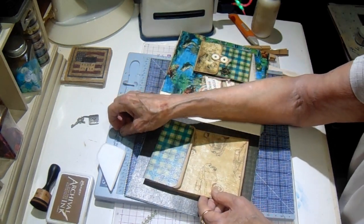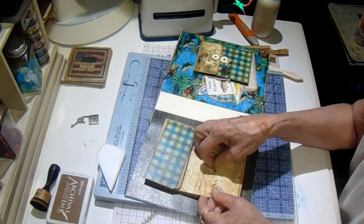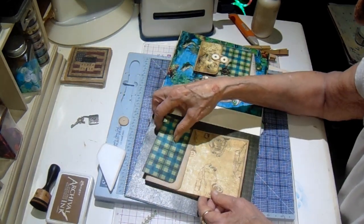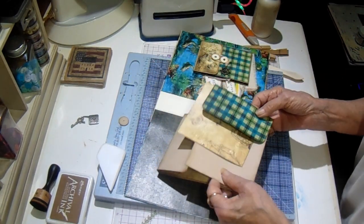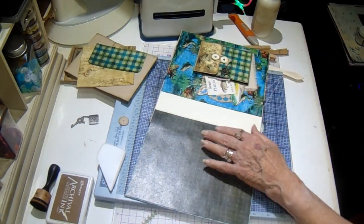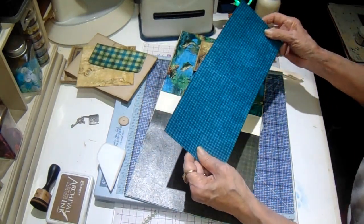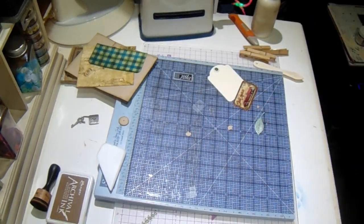And then I've cut out my 2 little circles for here, and I'll put some kind of an embellishment on the front, but I'm not sure just what yet. But I wanted to give you these dimensions as well as the folders that go on the inside. Now, because this is 5 wide, these need to be 4 1/2. So the way I like to do it,